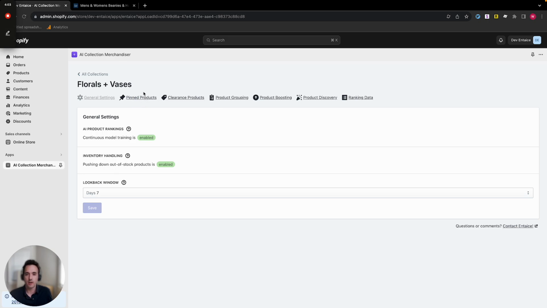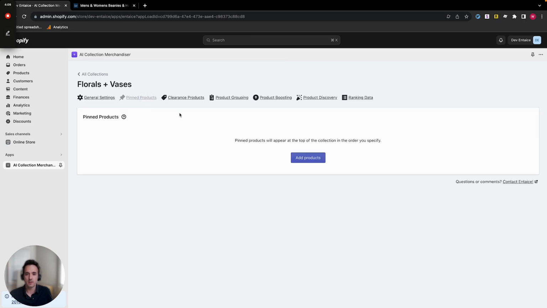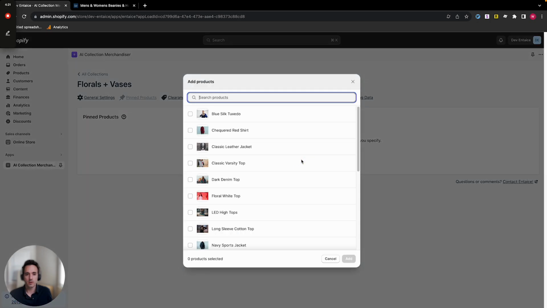So the first adjustment feature that we have is pin products. If I click into the pin product section of the site, you have the ability to add any number of products that will appear at the top of your collection in the order you specify. Once I hit add products, I get a screen